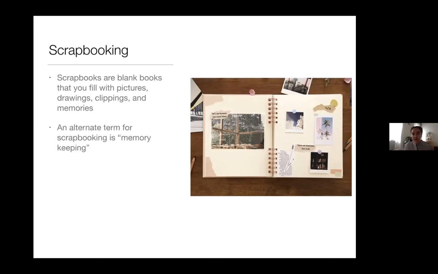An alternate term that people use within the scrapbooking world, because it's a popular craft, is memory keeping. So that's really beautiful, right? It just means I'm taking my memories, my moments, and collecting them. I'm keeping them safe. And in scrapbooking, the focus is on storytelling. So this is really key as well. It ties into what I was talking about earlier. With scrapbooking, you're really talking about storytelling. What is the story that I can create here in this moment with what I have, with these photos, with whatever you're working with at that time?